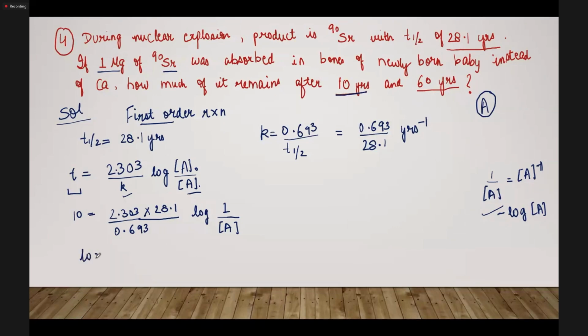So when you will remove the minus sign, this minus will go over here, and all the other things would be like this: 0.693 by 2.303 into 28.1. Okay, you simply find out the value and take the anti-log of that value, because you need to find A, which is inside log. So when you will take anti-log, this log will go away. It will go to the outside, and the concentration of A will come out to be